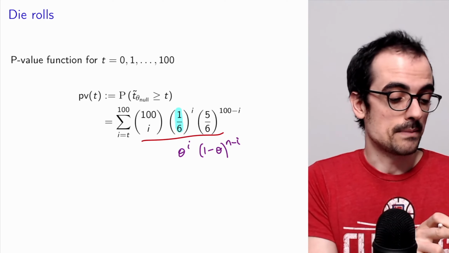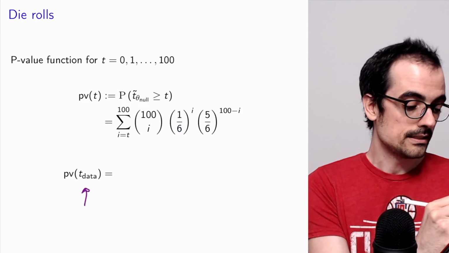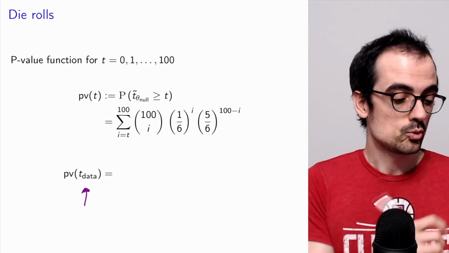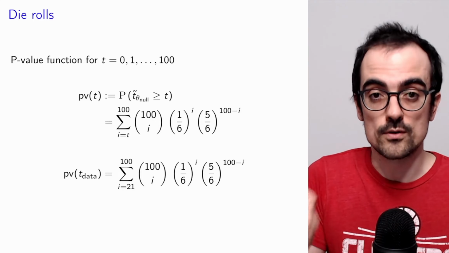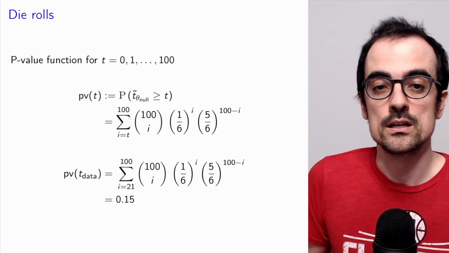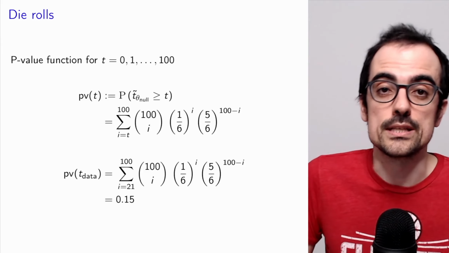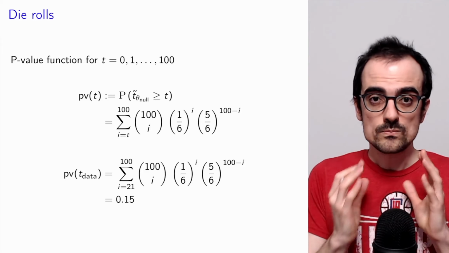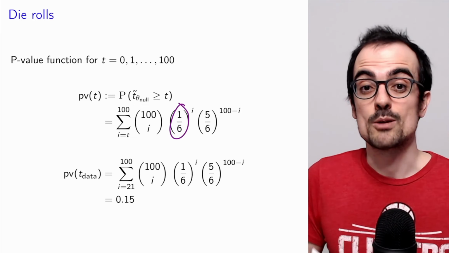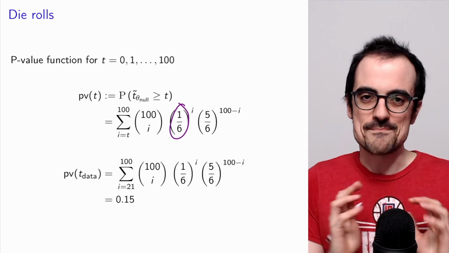And this gives us the p-value function. In particular, now we can plug in the observed value for the test statistic here, which is 21, to obtain the p-value for our observed data. And that p-value, the probability of observing 21 threes or more under the null hypothesis, where the probability of observing a 3 is just 1/6, is 0.15, 15%. We'll come back to whether that